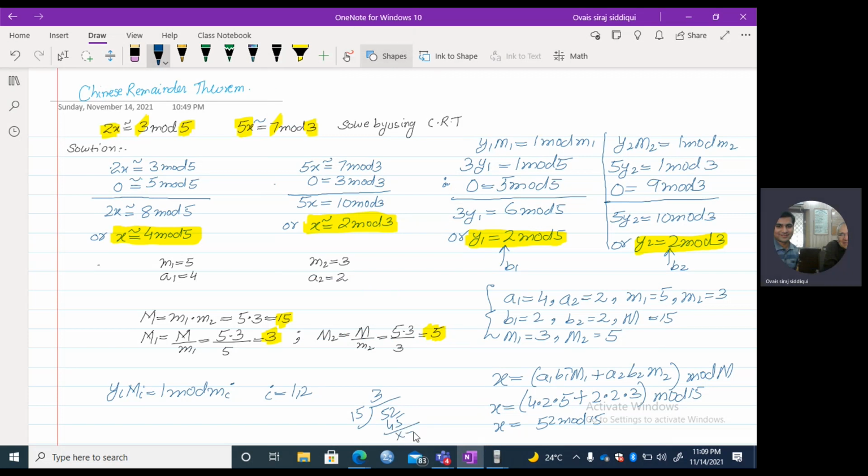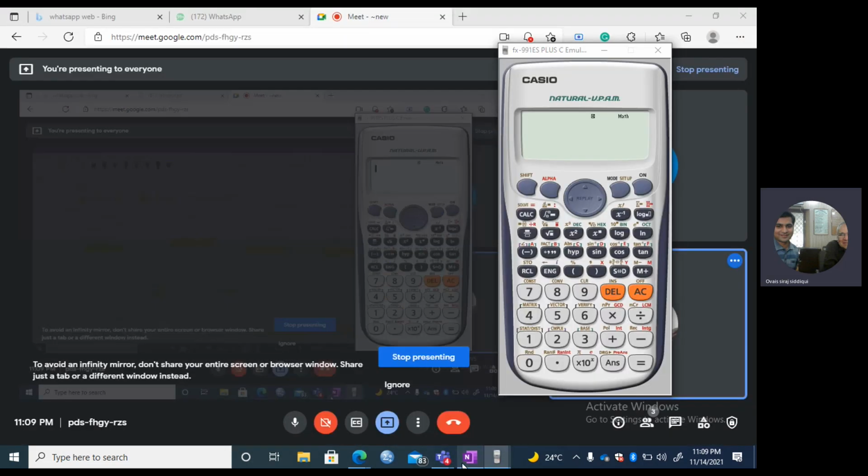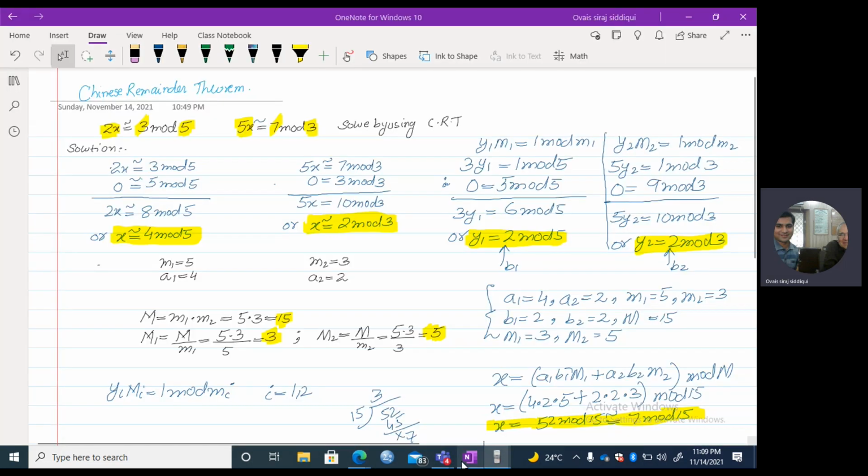5, 6, 7, so you can say it is also congruent to 7 mod 15. 7 mod 15 is also equal to this. तो आप यहाँ पे भी आंसर छोड़ सकते हैं और यहाँ पर इसकी डिविजिबिलिटी पर ये चाइनीज रिमाइंडर थ्योरम हो गया। तो अगर कैरेक्टर्स बढ़ जाएंगे तो फिर आप उसको इस तरह से भी सॉल्व कर सकते